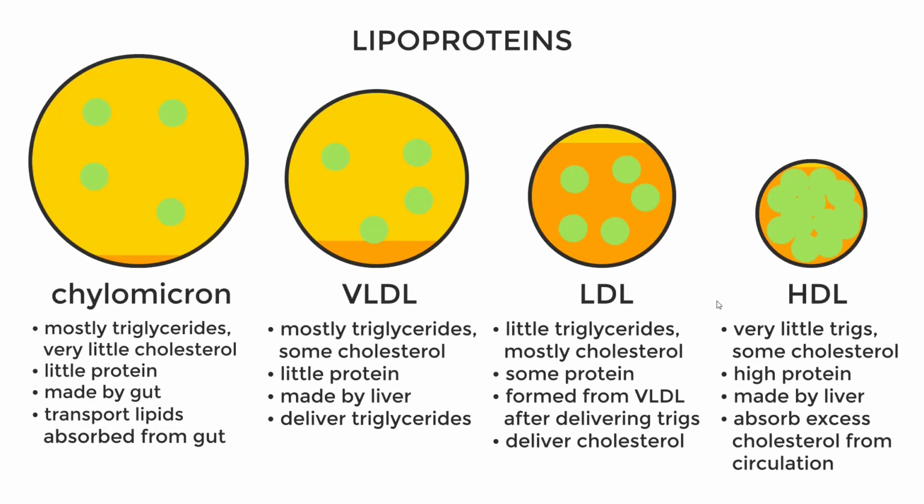So real quick, just to summarize everything we learned about lipoproteins, as you go from chylomicrons to VLDL to LDL to HDL, they get smaller and smaller. Their apolipoprotein composition gets higher and higher. Their triglyceride content goes down, and their cholesterol content goes up to the LDL, and then it drops down in